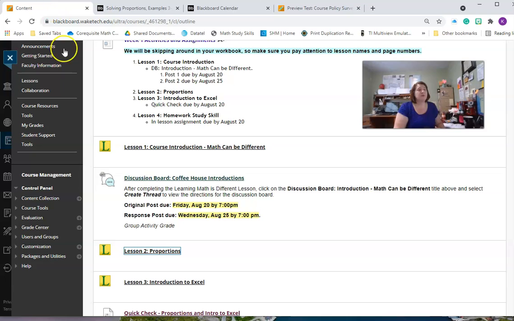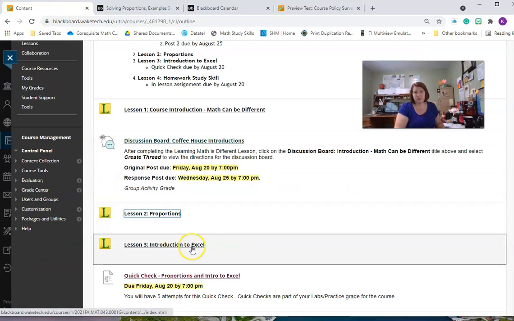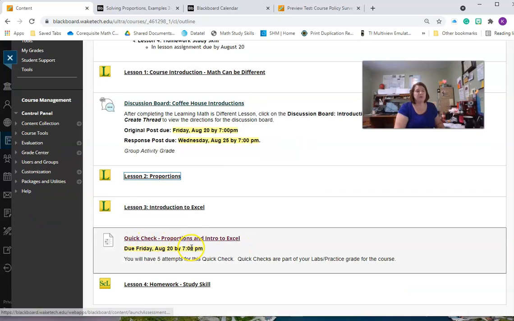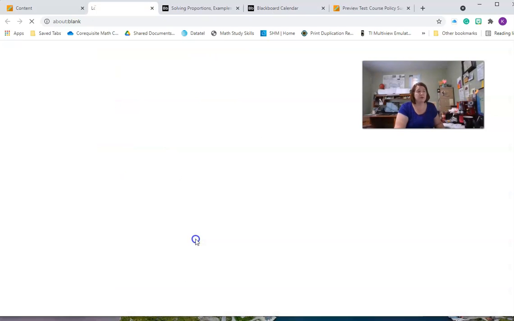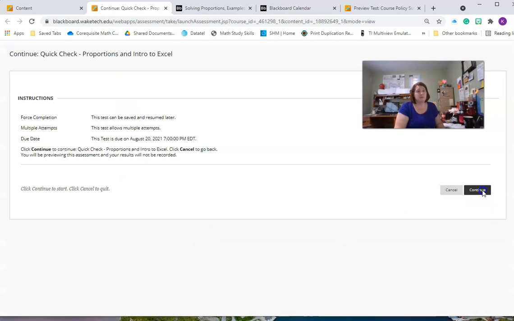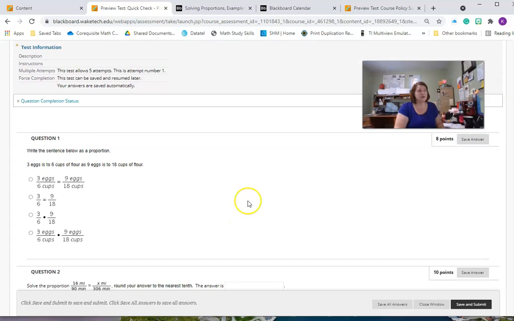Okay, so then for this one, proportions, and then we have intro to Excel, we have what's called a quick check. So those quick checks, like I said, will come straight from the workbook. If I click on that, and I will continue on to the quick check, notice up here it tells me I have 5 attempts.